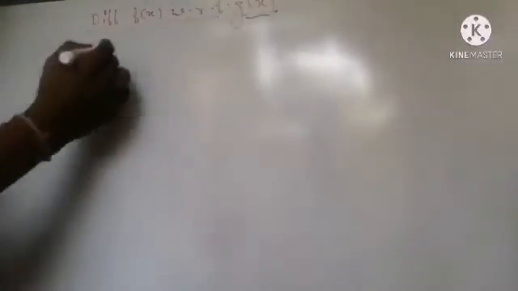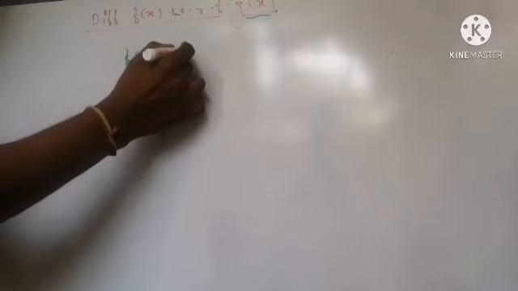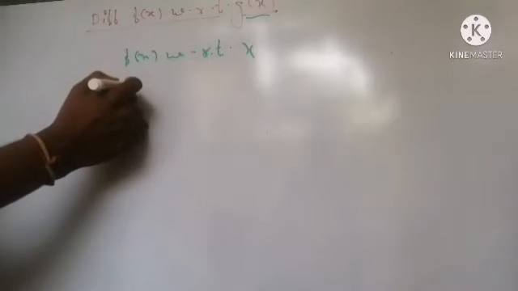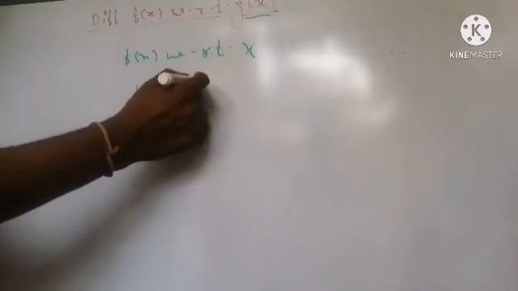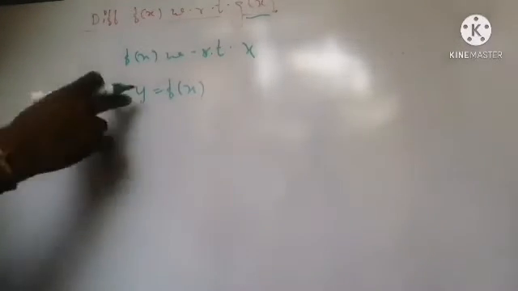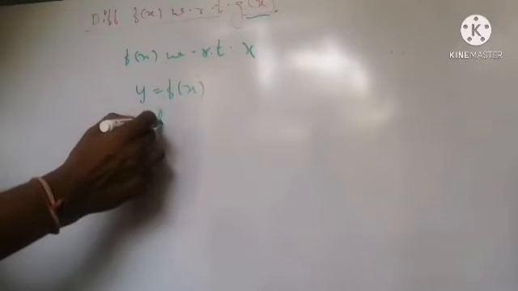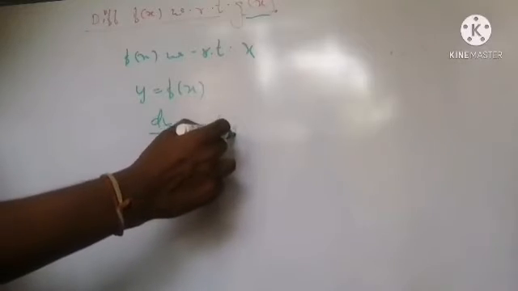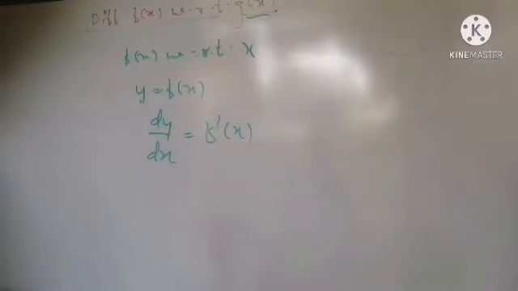But now here we have to differentiate f of x with respect to a function of x. So if f of x is differentiated with respect to x, what do we do? We put this f of x as y. It means we generate an explicit function where y is dependent and x is independent, so that we get dy by dx, which is the derivative of f of x.